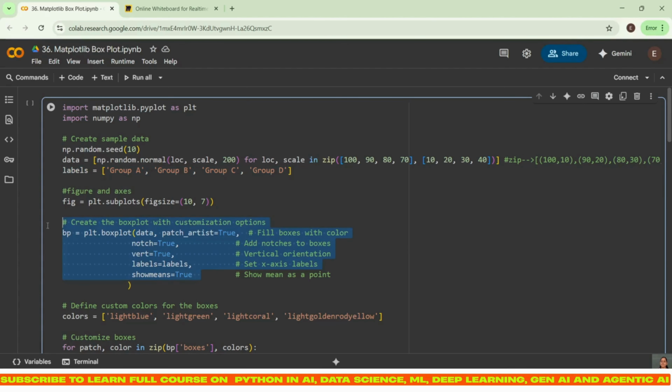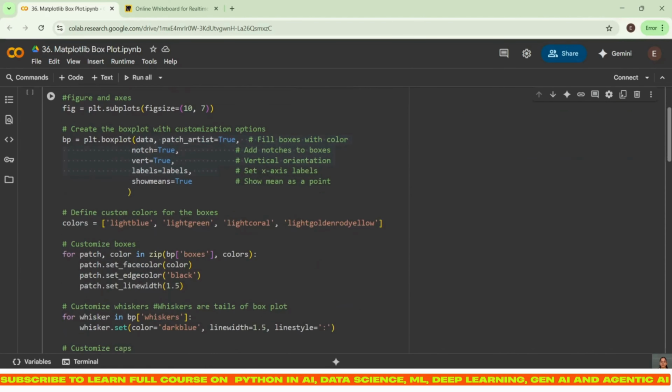So these are our customizations, guys. So you don't have to remember this. All you have to remember is how to give input to the plotting and how to call that. So you have to just remember plt.boxplot is the method. Rest all you can use from your matplotlib library, which is readily available if you search through Google.